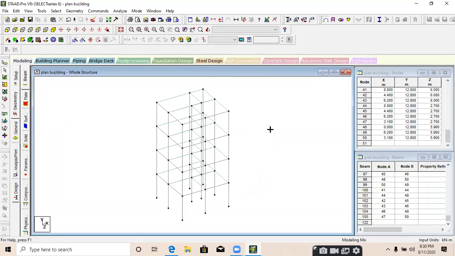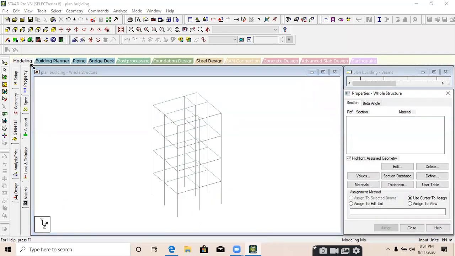Now we need to provide a property as we provided in our first lecture. To provide property, just go to general in a page control area. This is a page control area. We control the pages. From geometry, we are going to general and property. Property means the material and a shape and size of the cross section of beam and column and a slab.